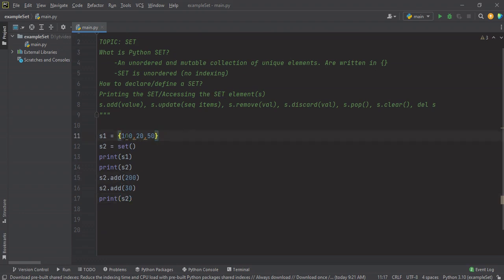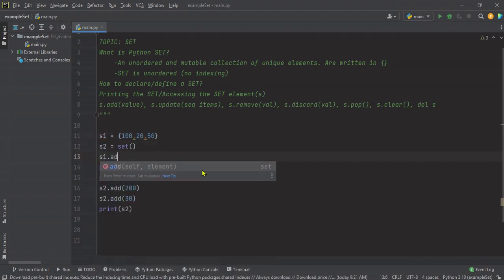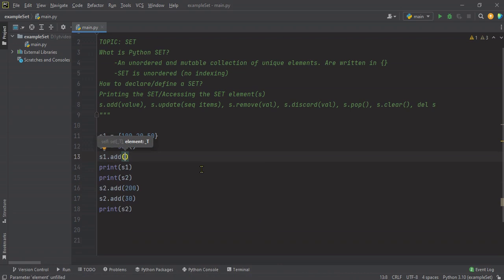Of course, we can also add to S1. Just simply use add. So S1.add, let's add 200. Would that be possible? Yes. So when we run,